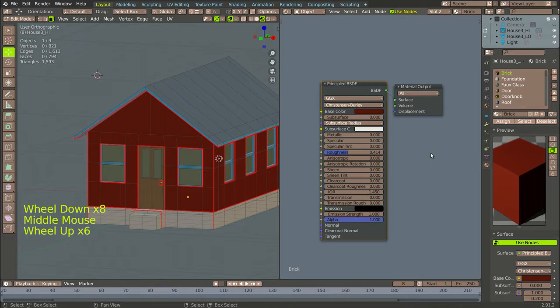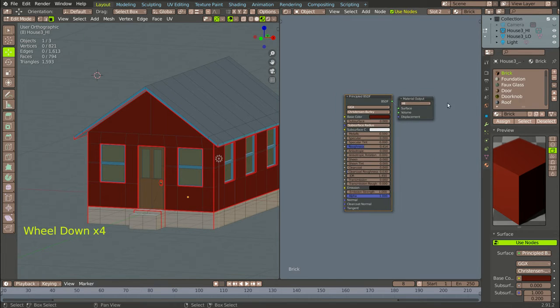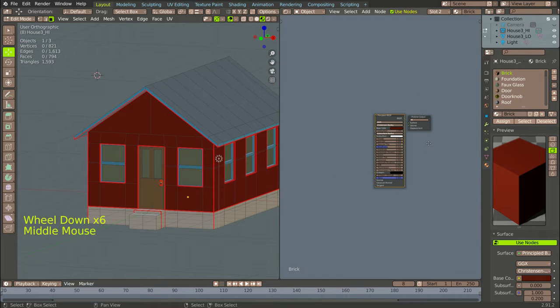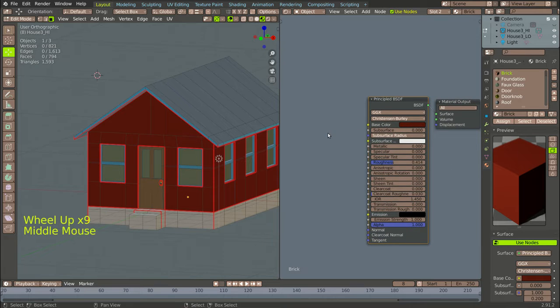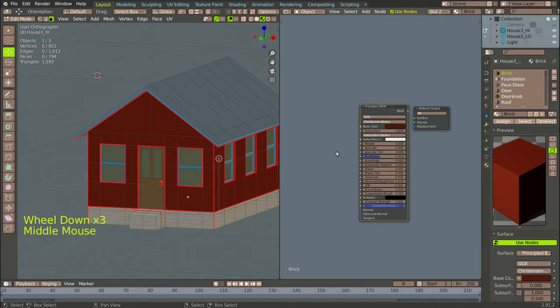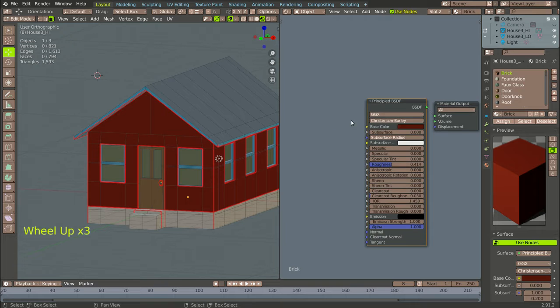Well, first you need to understand what's the difference between a material and a texture. In Blender, a material is anything that ultimately hooks up to material output. It could be colors, it could be textures, it could be all kinds of stuff. It could be geometry. It could be math. But